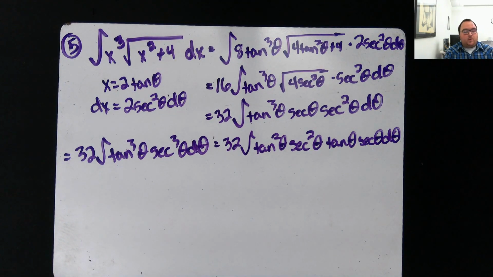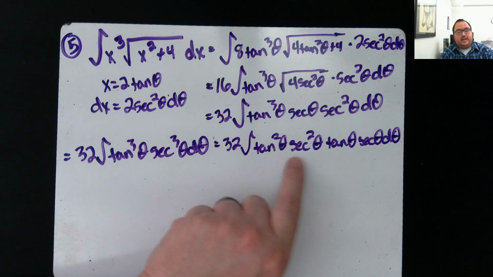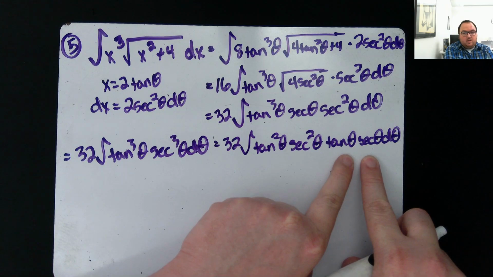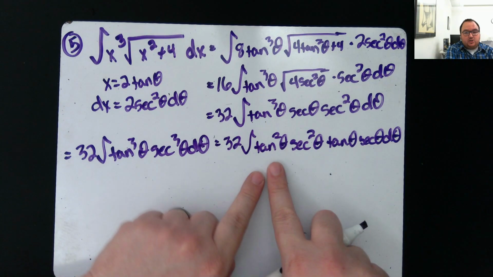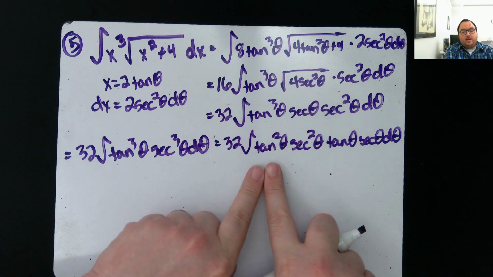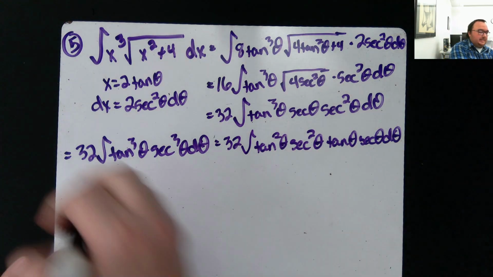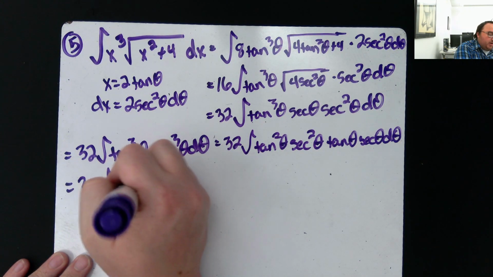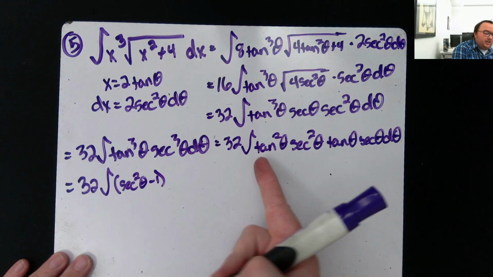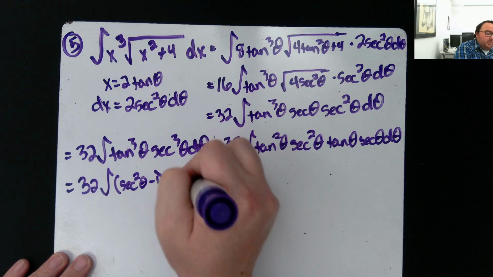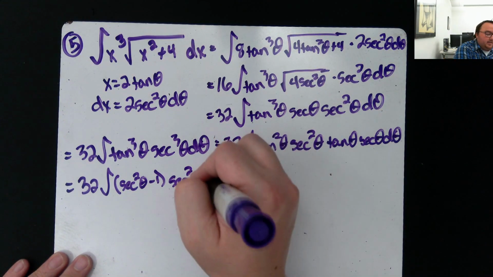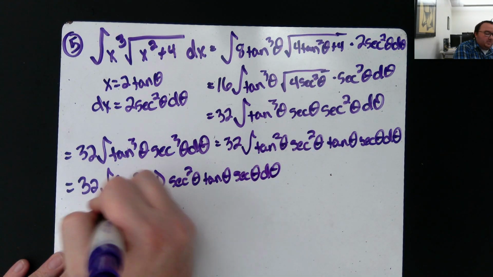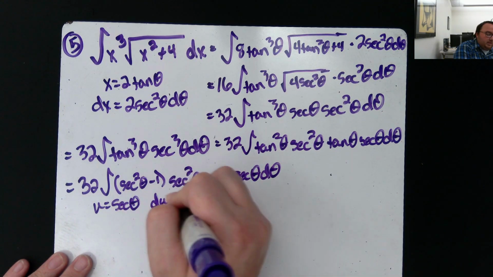Because I know that the derivative of secant is equal to secant tangent, which I have, so that's really nice now. But what this means is I want tangent squared to be written in terms of secant. We know that tangent squared is secant squared minus 1. So rewrite tangent squared as secant squared minus 1, which is with secant squared theta, tangent theta, secant theta, d theta. Now I can use u equals secant. So du is equal to secant tangent,